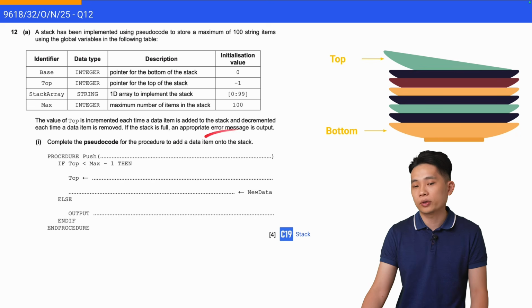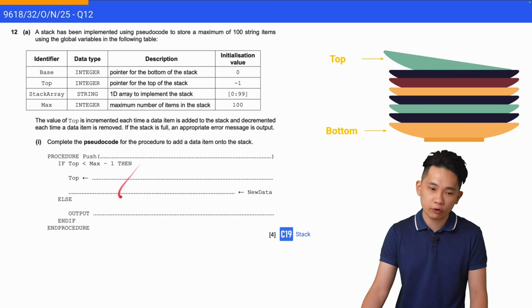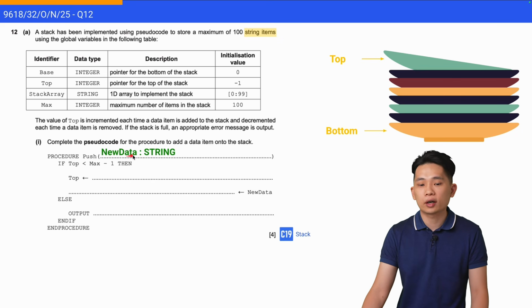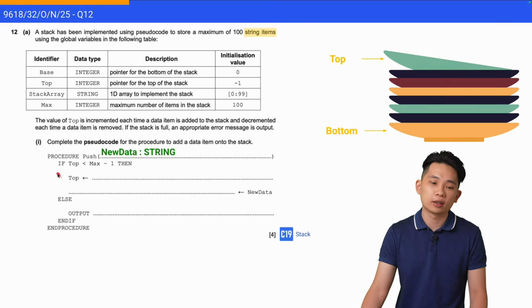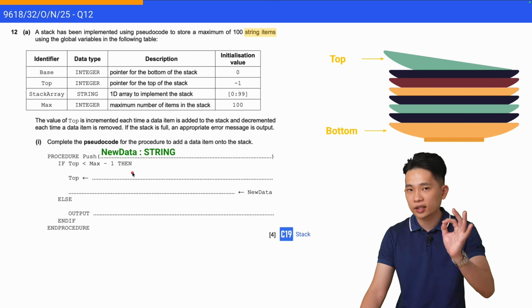So this is a typical pseudocode for stack operation. First of all, procedure push. So what do we push into this stack here? It will be 100 string items here. So this is the string data type. So we can just write new data colon string here. And then if top less than max minus 1, meaning that let's say the stack is not full yet,